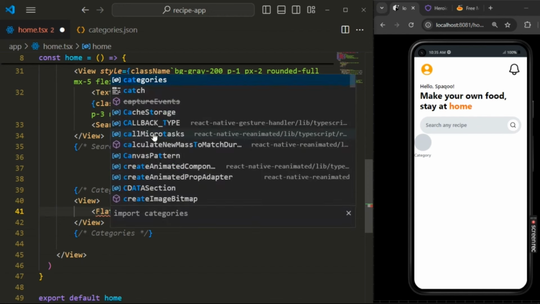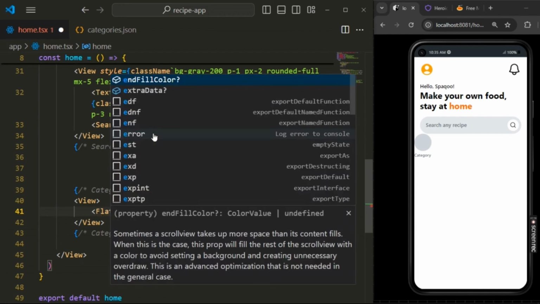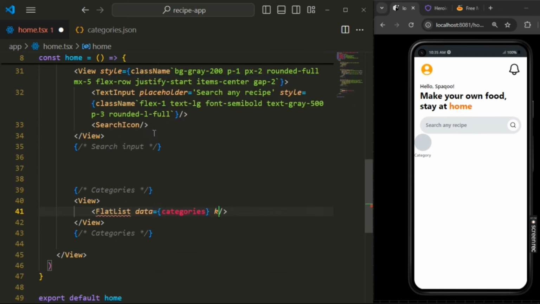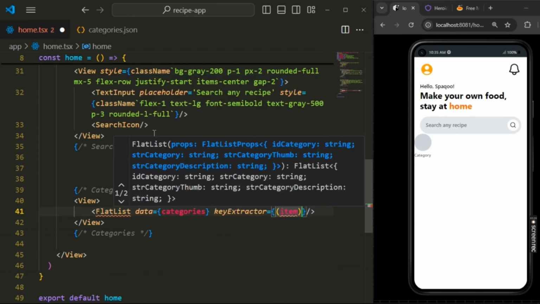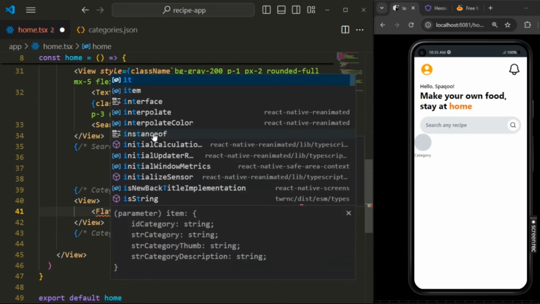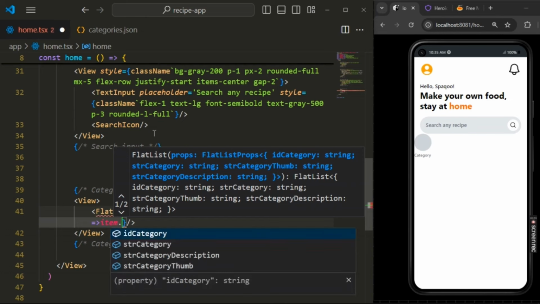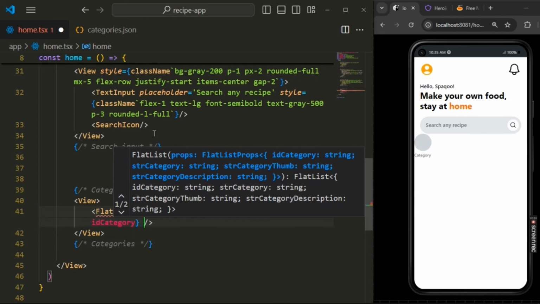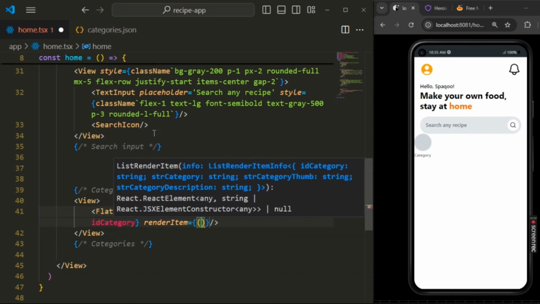So give data equal to categories, and after that we will be extracting the keyExtractor, which will be item dot idCategory, and renderItem will be rendering item,